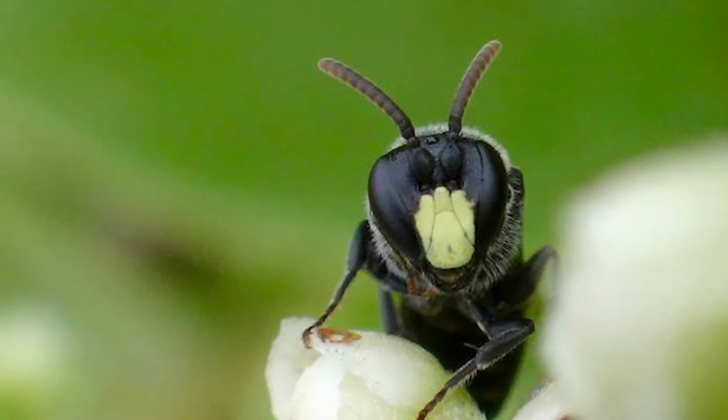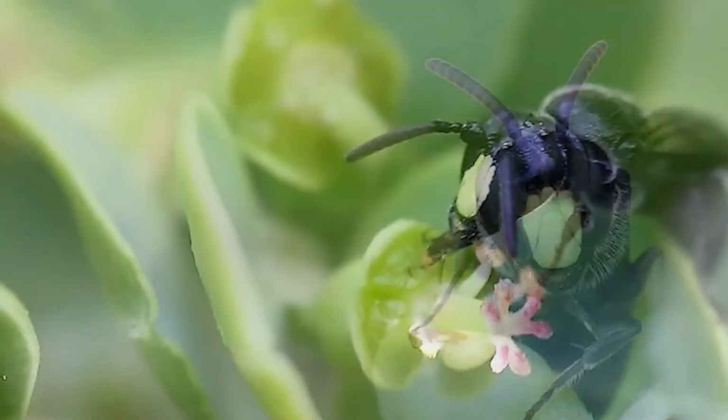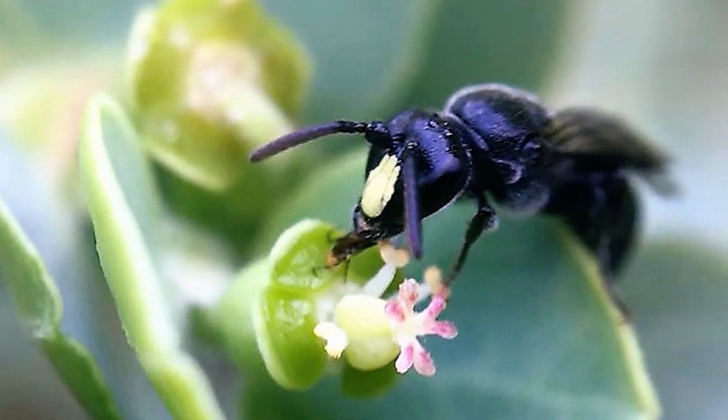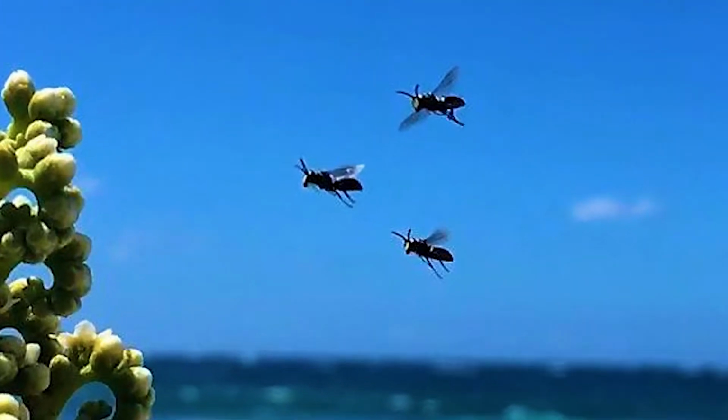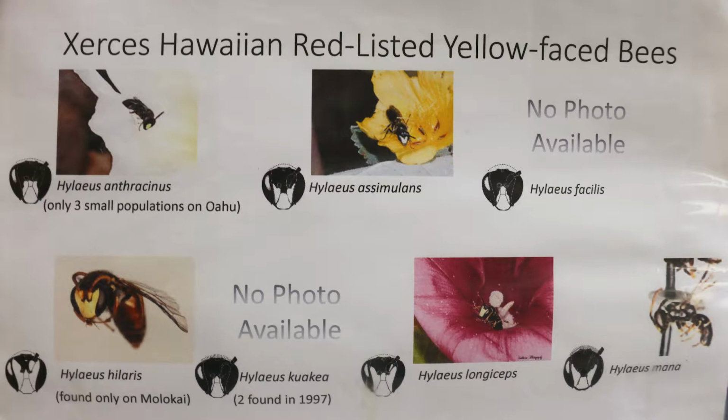have a native bee. Not a lot of people know that these insects even exist. This bee is Hawaii's only native species of bee. The yellow-faced bees are under the Hylaeus genus. Here in Hawaii, there's just over 60 species of yellow-faced bees, 6 or 7 of which just got recognized as